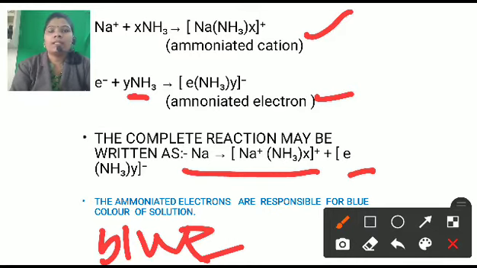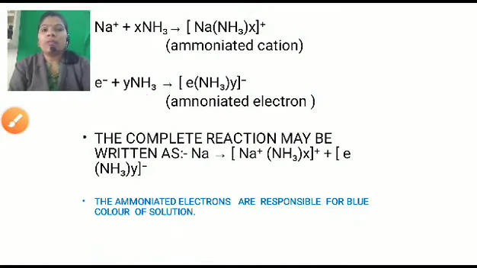It is always asked in the NET exam: why does the reaction of sodium metal in a liquid ammonia solution become blue in color? What happens here is that whenever an alkali metal dissolves in ammonia, the metal ionizes to a metal ion and a free electron. This free electron is surrounded by ammonia, and due to this free electron the solution becomes paramagnetic, and that's why it shows the blue color due to the free electron.